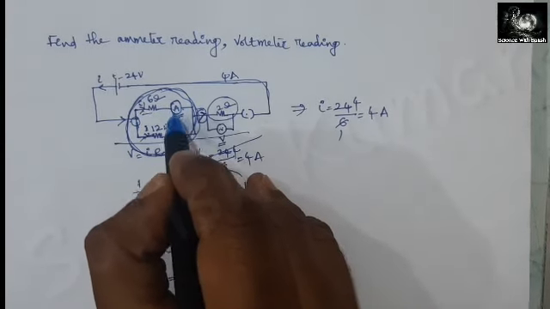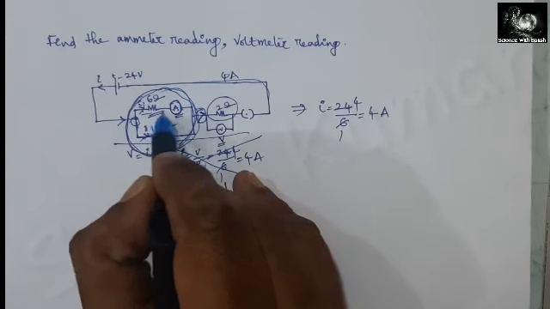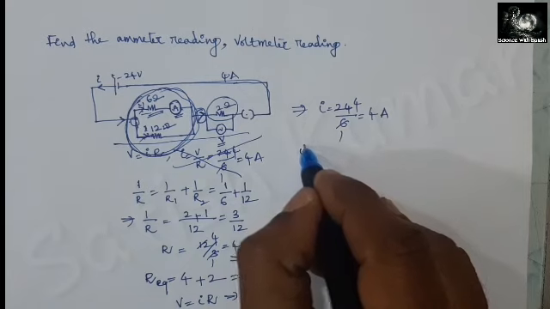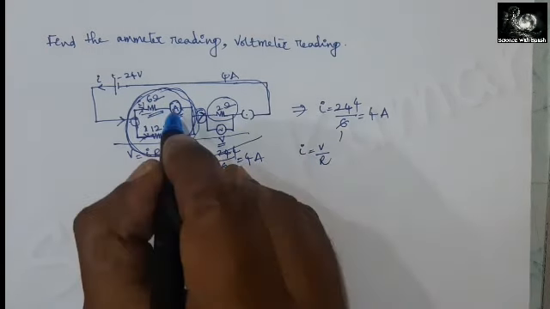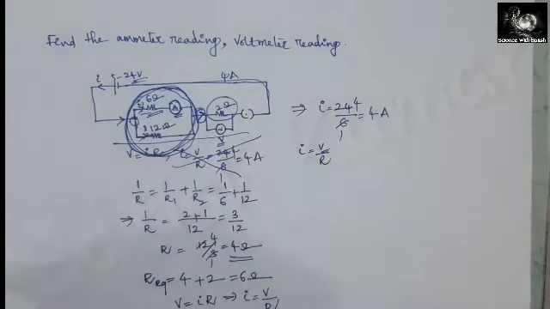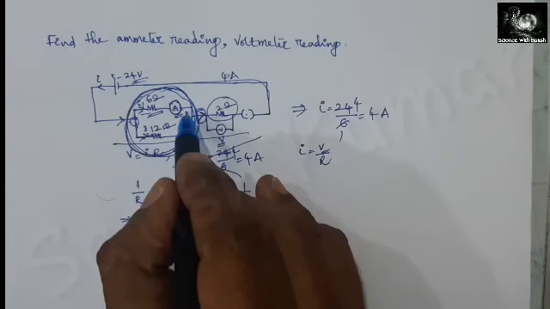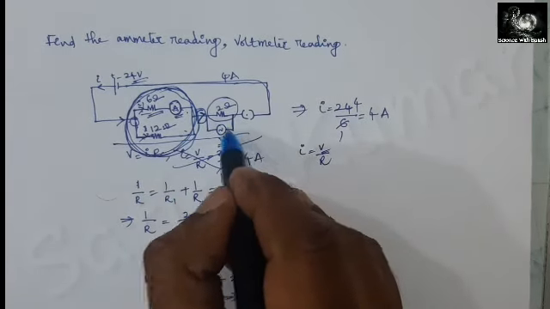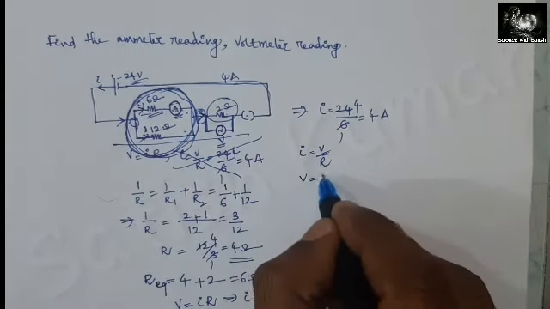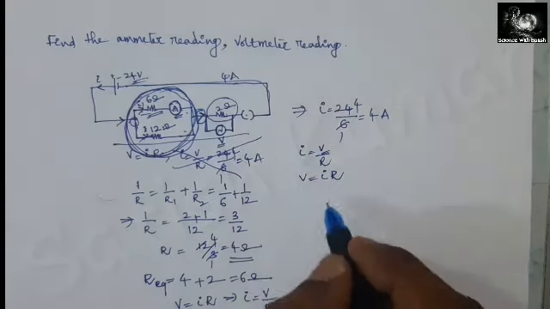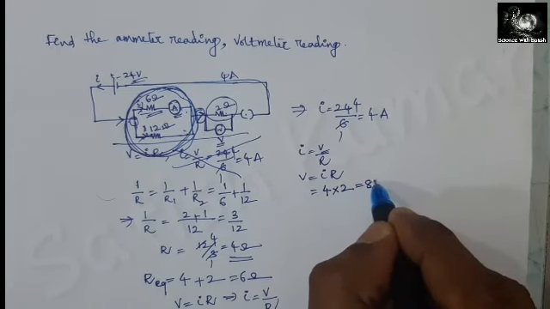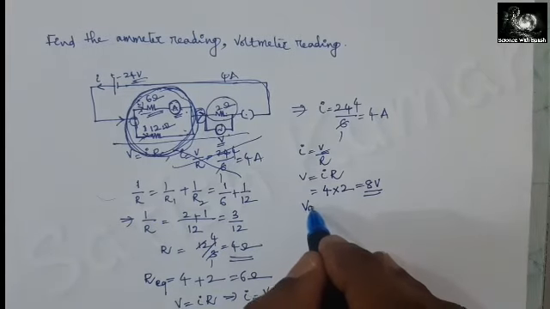I want to find out the ammeter reading, meaning the current flowing through the 6 ohm resistor. For that I have I is equal to V by R, and V is not this one here. This is the voltage of this parallel combination. To find the voltage of this parallel combination, first I have to find the voltage drop here, meaning this voltmeter reading. Here V is equal to IR is the formula. So, the voltage drop at 2 ohms is I is 4 amps into R is 2, which is 8 volts. 8 volts is the voltmeter reading.